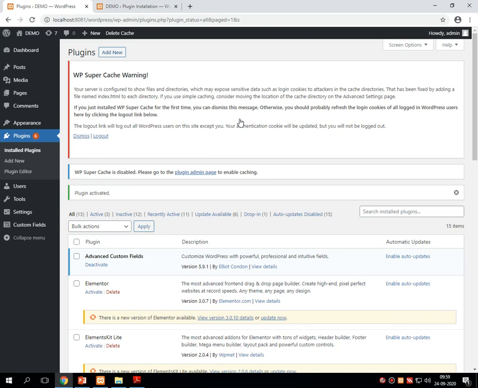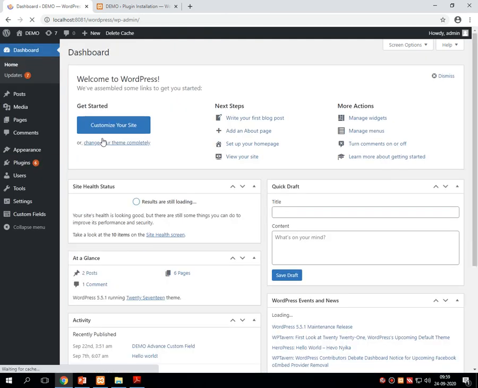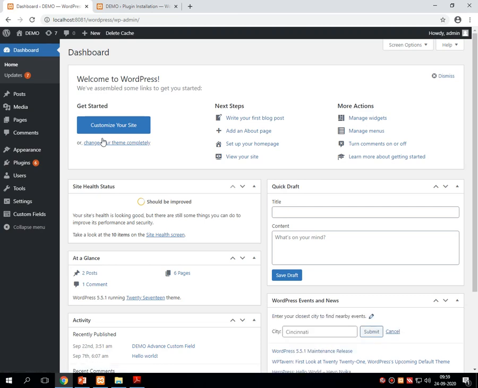If you just installed WP Super Cache for the first time, you can dismiss this message. Otherwise, you should probably refresh the login cookies of all your logged in WordPress users by clicking the logout link below. So we'll click on the logout button. Once you press this logout button, it clears all the cookies from the entire system and makes your system faster by converting all your dynamic pages into static ones.